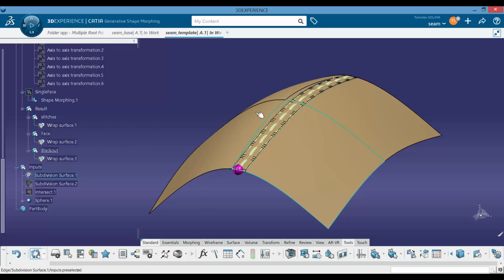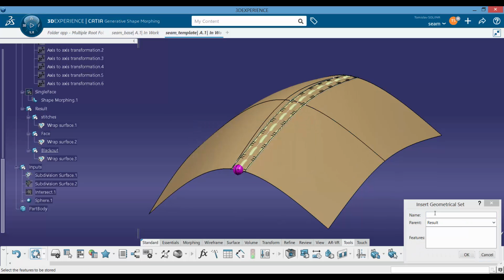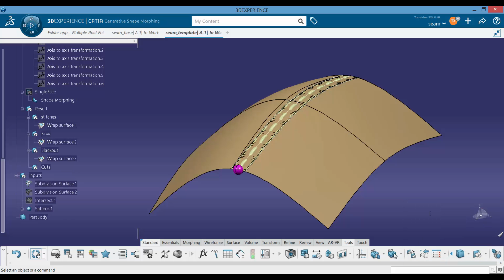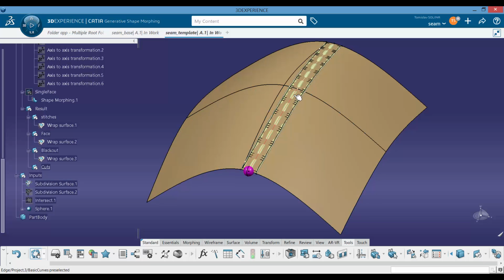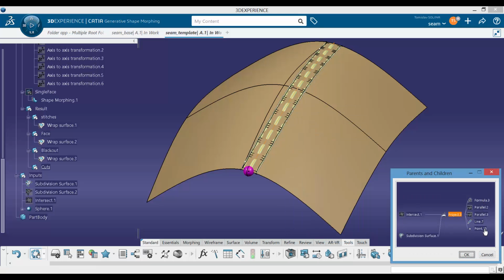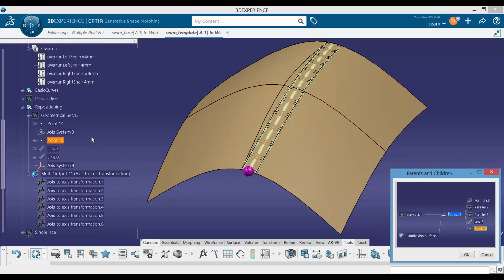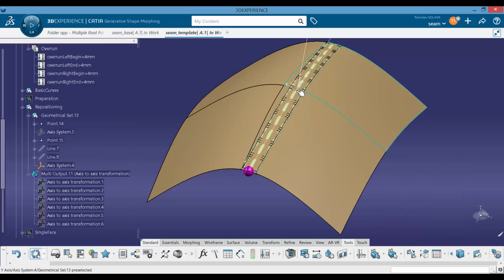As well we need a left and right surface here, and we will do that as well. We'll add an additional geometrical set. No, we'll call it cuts, and we will cut the left and right side. How we'll do it, of course, split with a remove element, and somewhere here we had the point that we used that is positioned in the middle on that curve, on that surface. So we can use